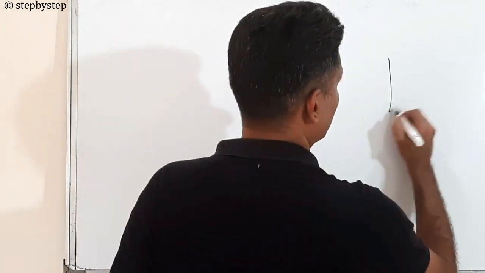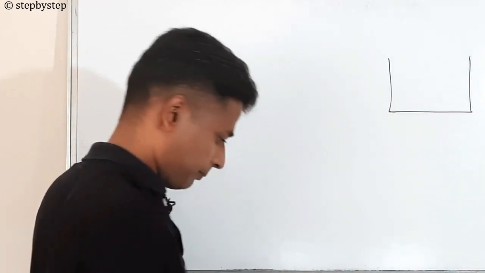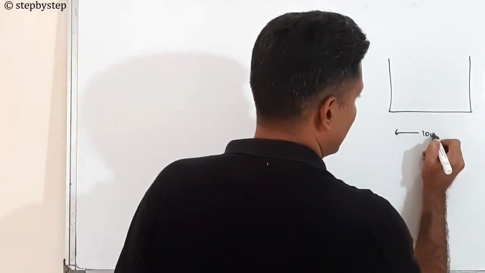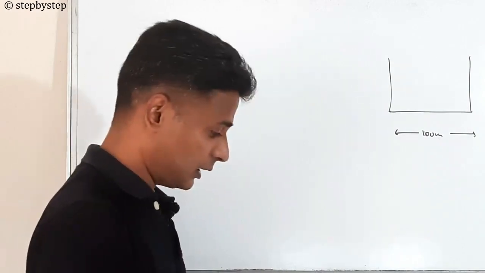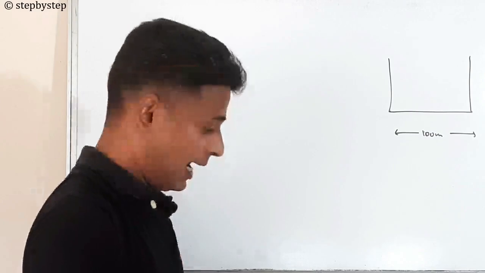Two pillars of equal heights are on either side of a road, which is 100 meters wide. So this whole thing is 100 meters. The angles of elevation of the top of the pillars are 60 and 30 at a point on the